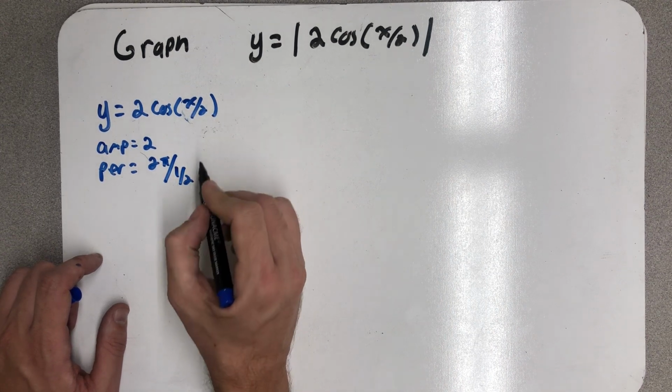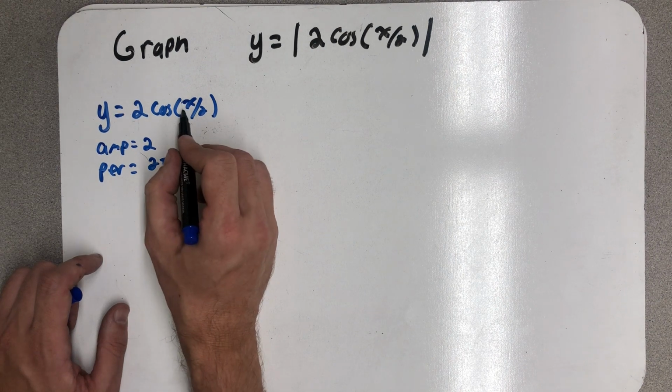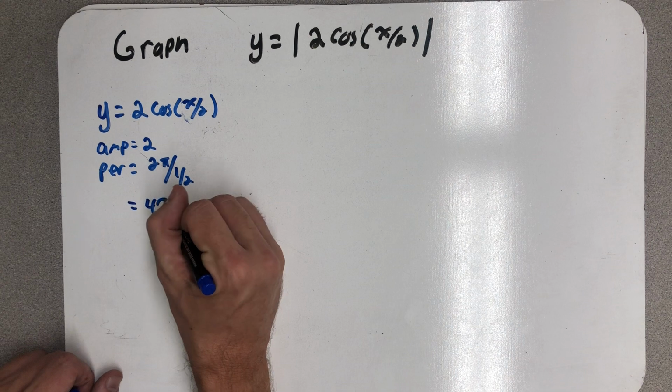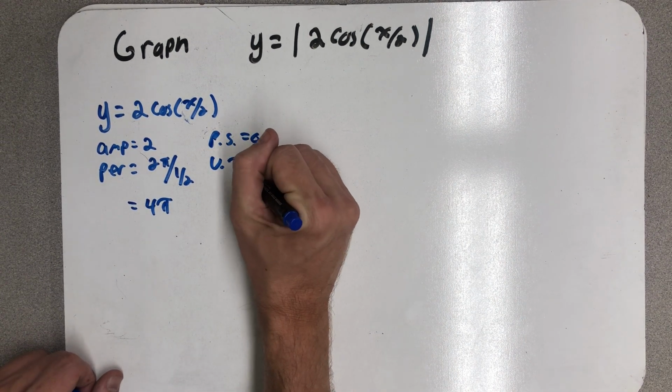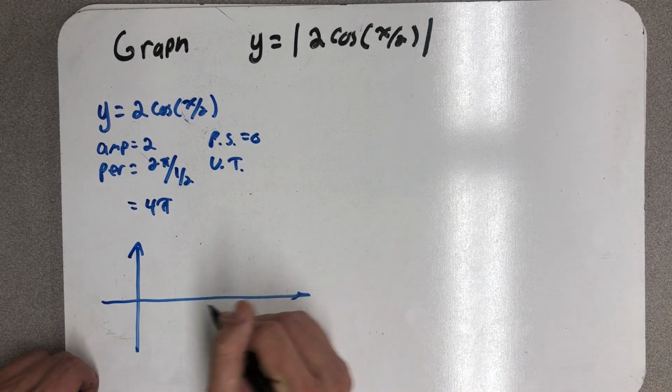So when I'm looking at this, the amplitude's 2, period, 2 pi divided by 1/2, because x over 2 is really a 1/2 x. So my period's going to be 4 times pi. There is no phase shift. There's no vertical translation. So if I sketch this, my easier problem,